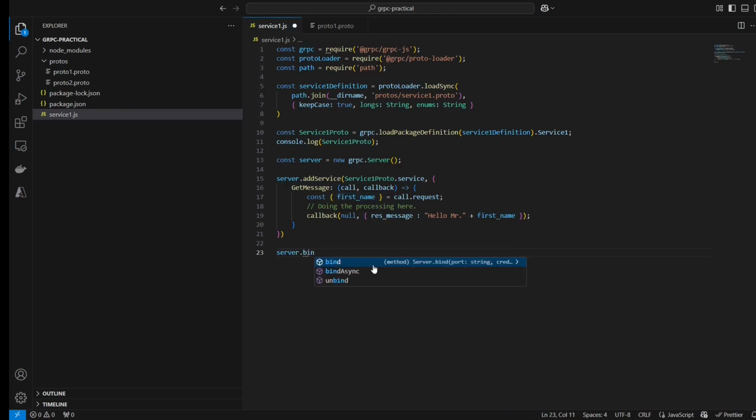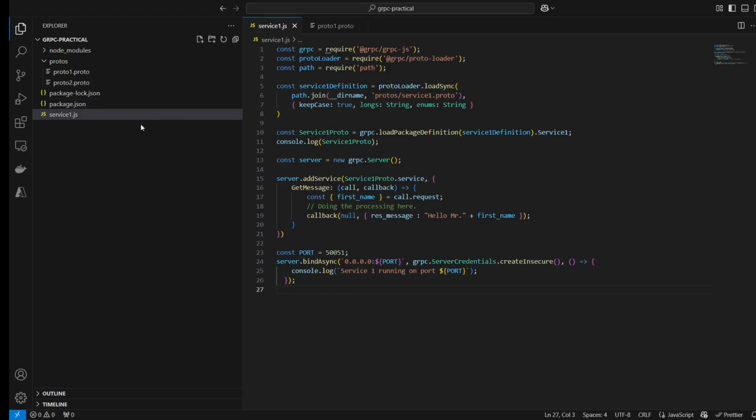Then server.bindAsync in order to allow the server to listen at a port. So we would be defining, for example, the port here, like const port equals to. We are not going into much detail, but here we are starting the service one with this port. Because this is a development environment, we are not creating a gRPC with secure credentials. We are just mentioning that we are creating the gRPC with insecure server credentials, which are unencrypted and unauthorized, and this is for development purposes.